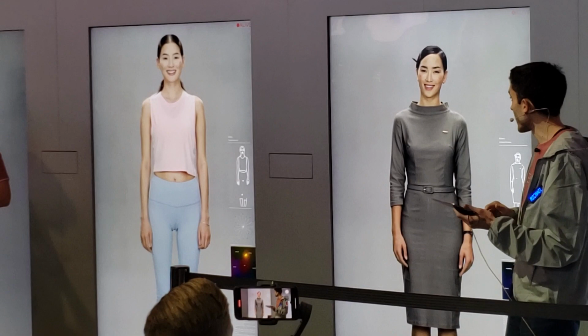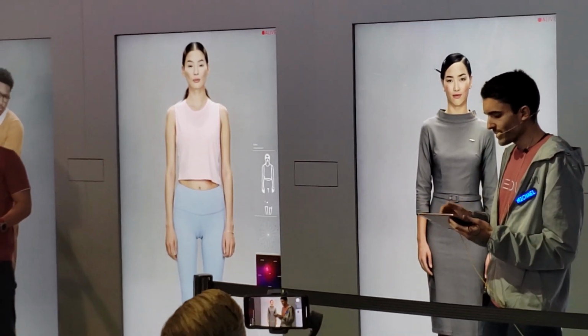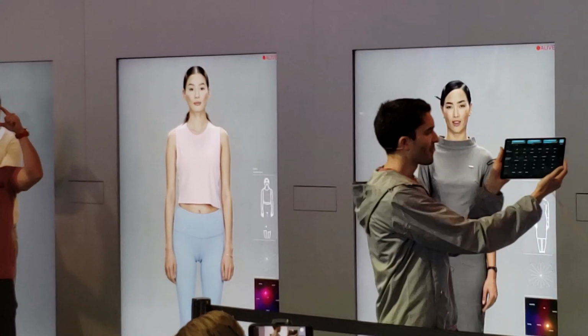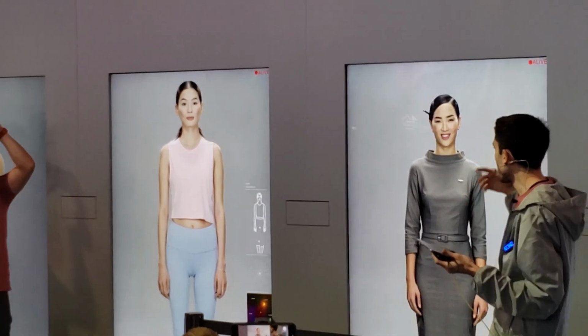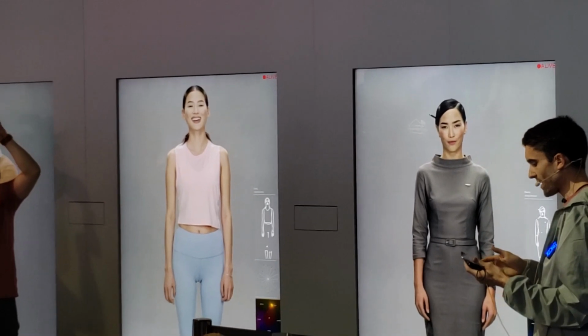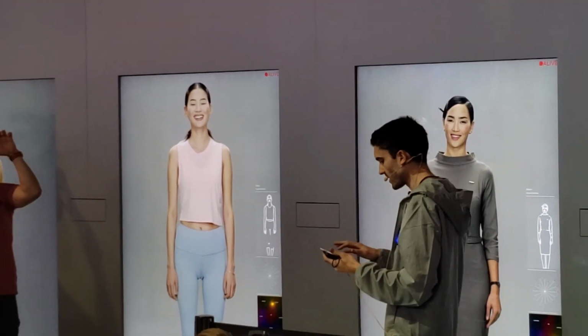I've just unfrozen them. And maybe I want them to smile now. So I can press on the tablet here. I've got a bunch of controls, and I can press the buttons and make them do particular actions. So they're smiling now. And I can even control them individually. So if I go to the yoga instructor,